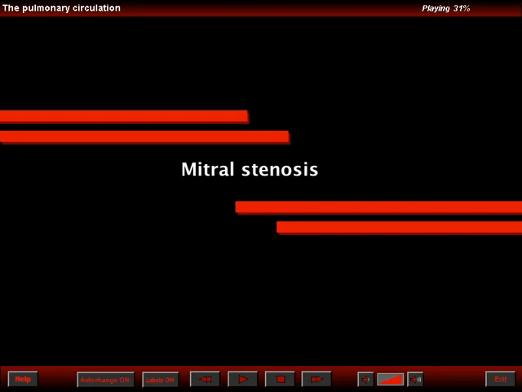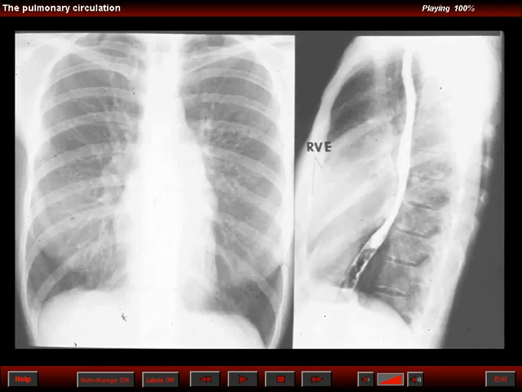An example of venocapillary and arterial hypertension at the same time is seen in entities such as mitral stenosis. The classic radiographic finding in patients that have isolated or pure mitral stenosis is the presence of a non-enlarged heart